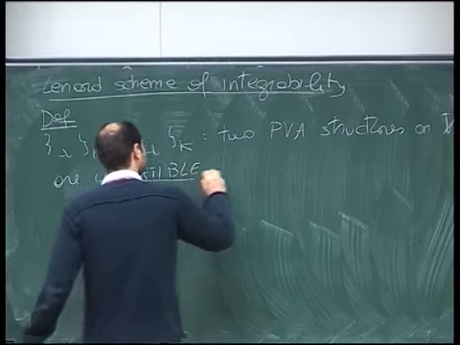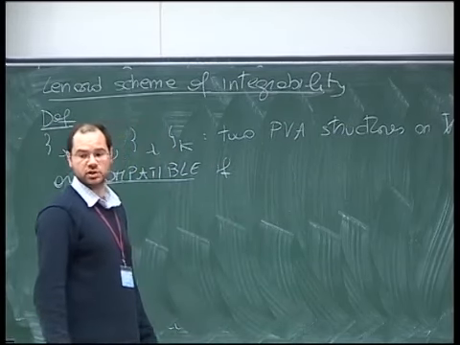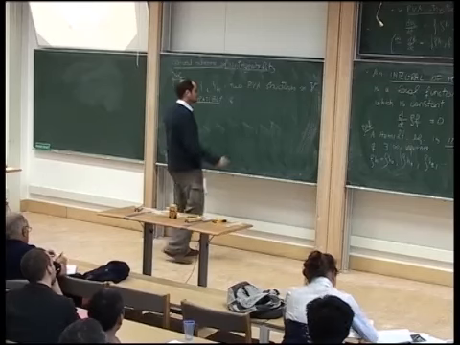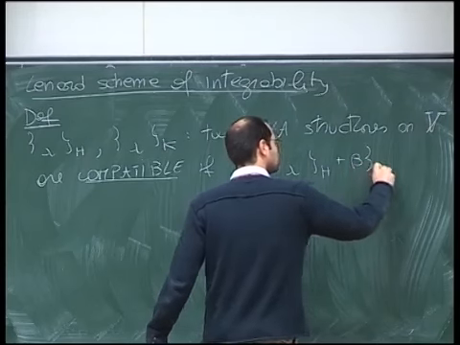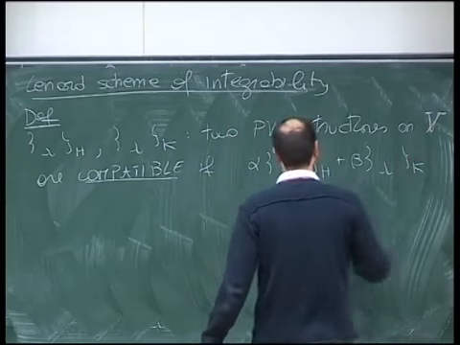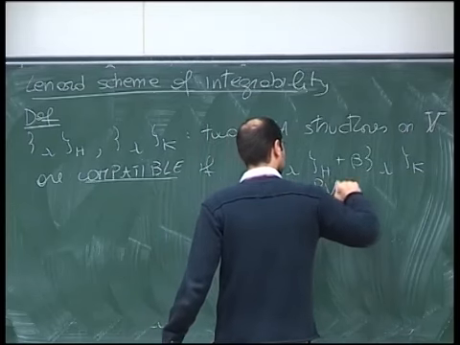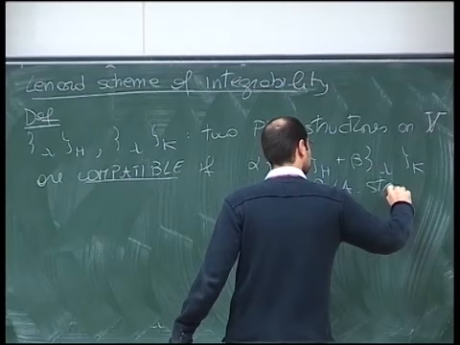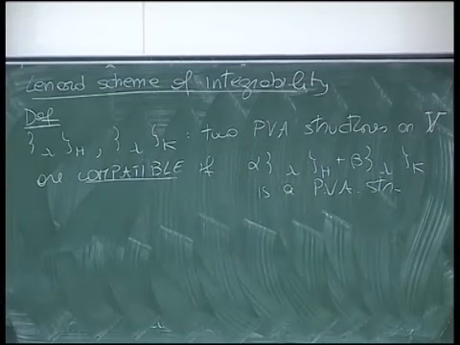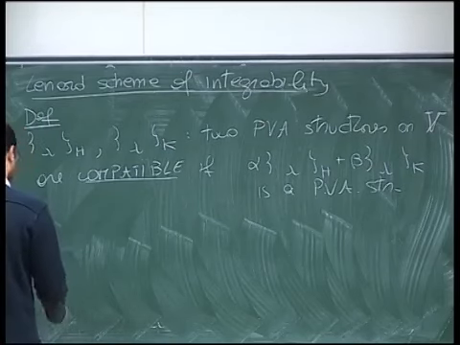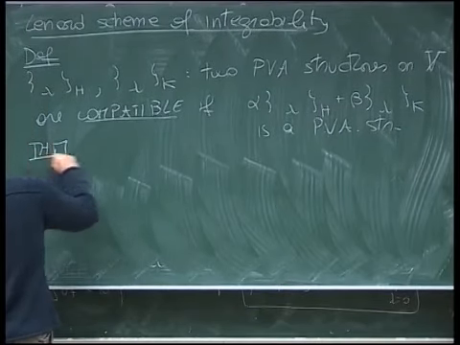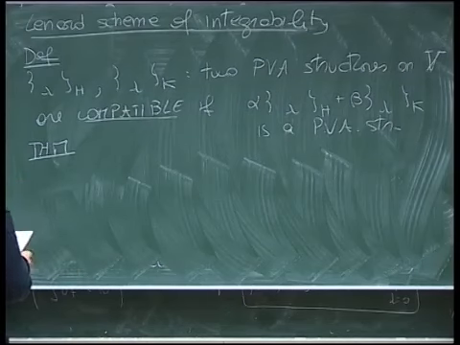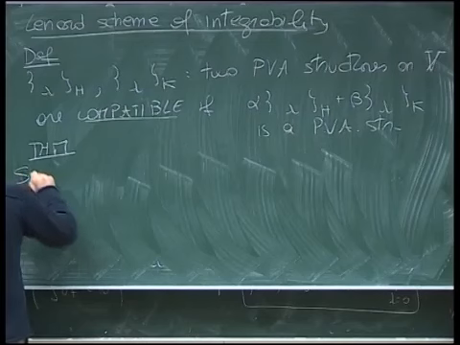Compatible if any of their linear combinations is again a Poisson vertex algebra structure. And then we have the following theorem, which helps us prove integrability. This is the so-called Lenard scheme. So suppose